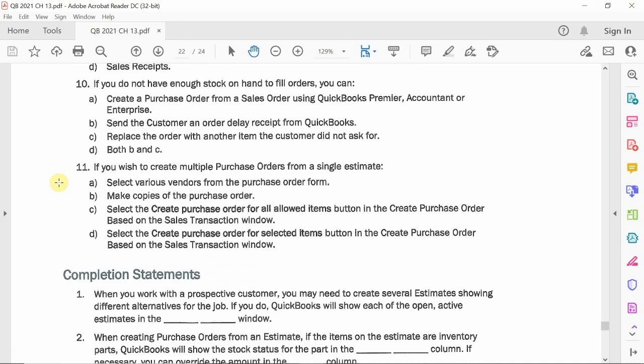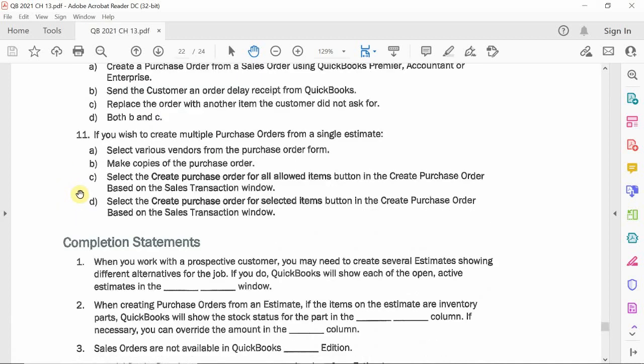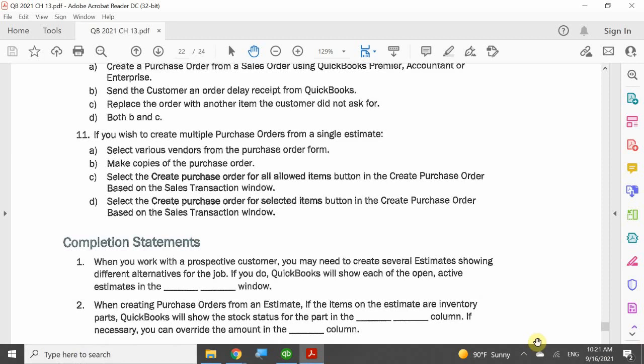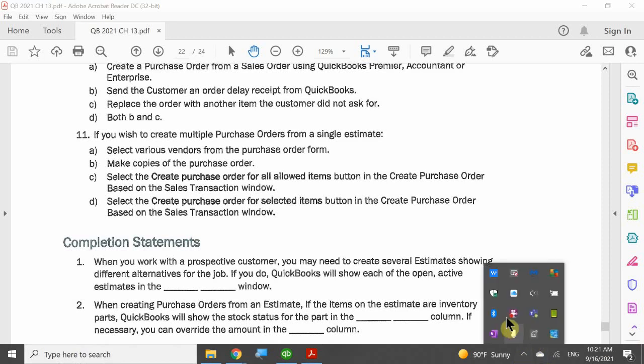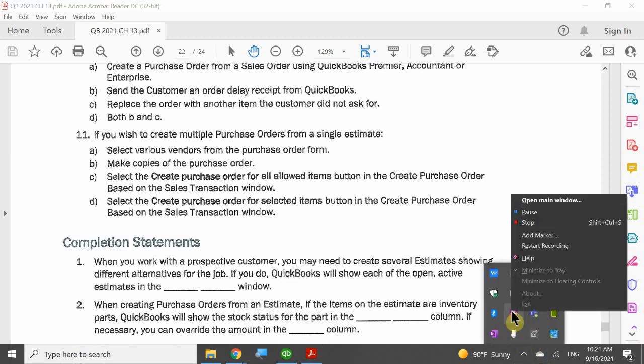And again, if you're processing multiple purchase orders, you can do that over and over again, right? You just open the estimate, click that section for processing purchase orders, and you can make multiple of them. Yes. Okay. And that is it for chapter 13. So once again, there is still an hour and